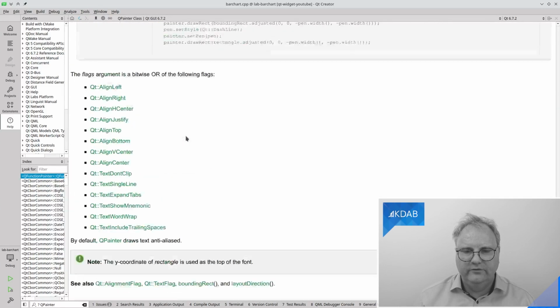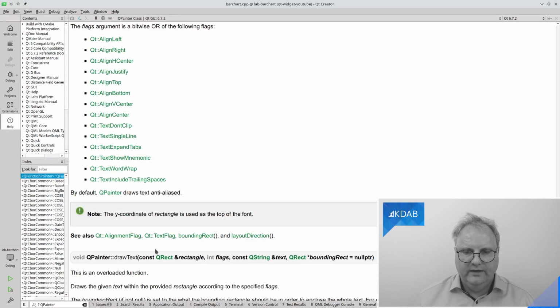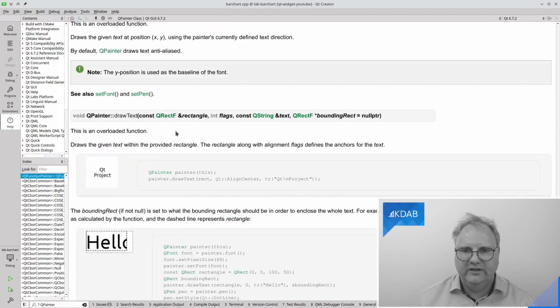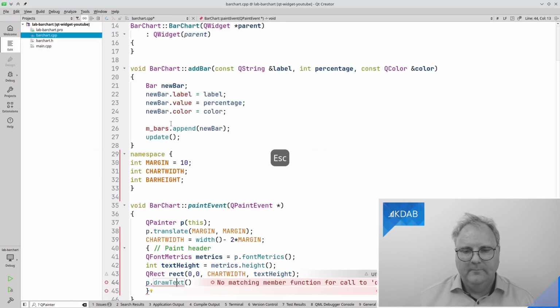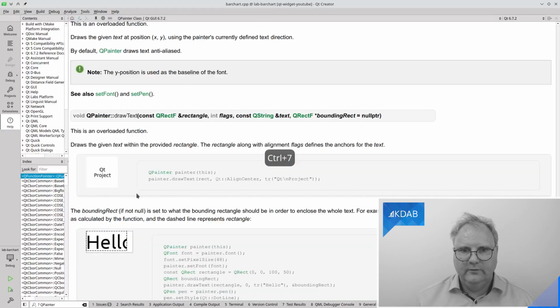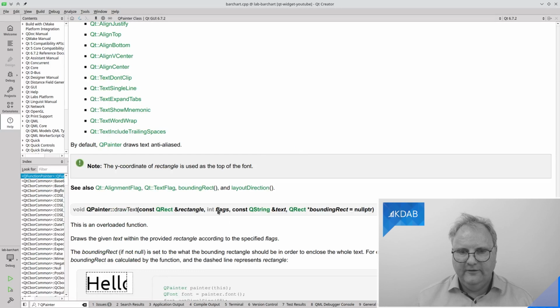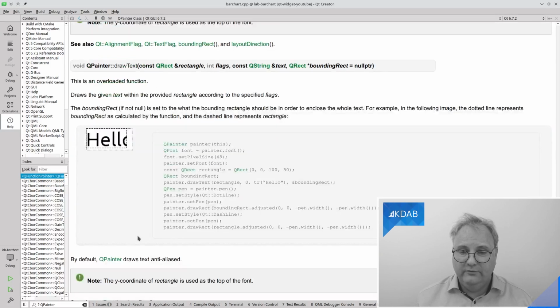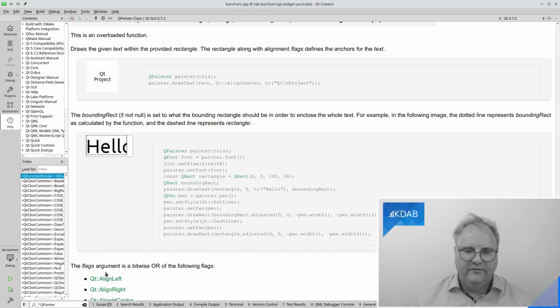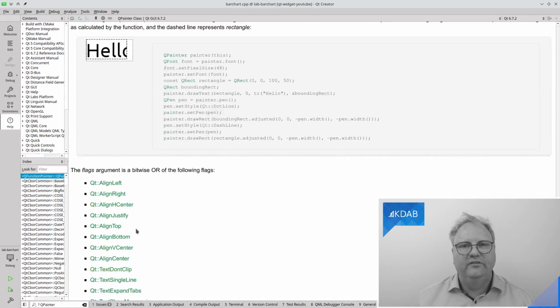I rather like to use the one down here with QRect, or the one up here with QRectF, and that's floating point precision, which is important if I start scaling. But let's do drawText here with the rect, and I'll go back over here and see what it otherwise says. It says int flags, and I didn't find any information here, but up here in the RectF it tells me the flags is one of these, namely the alignment.